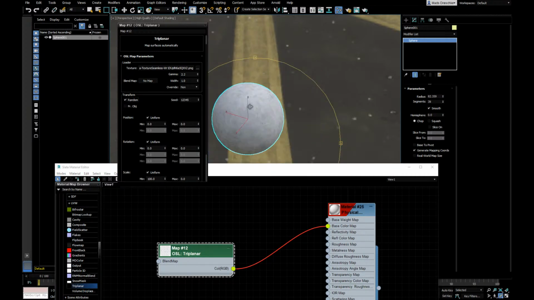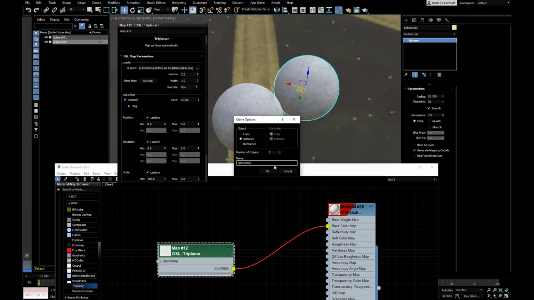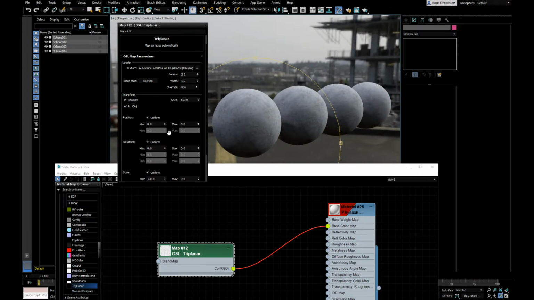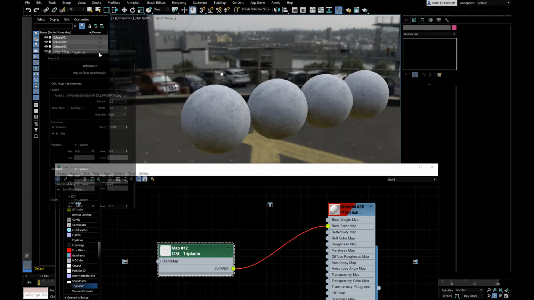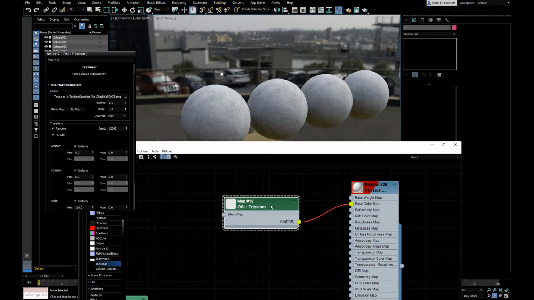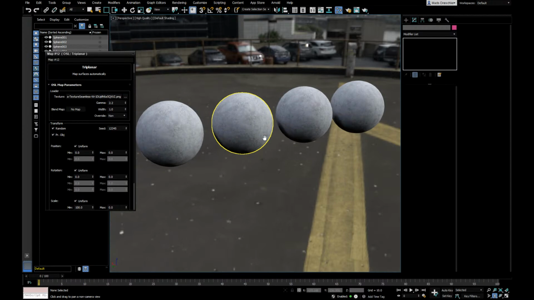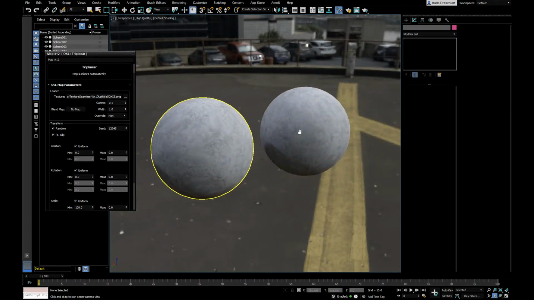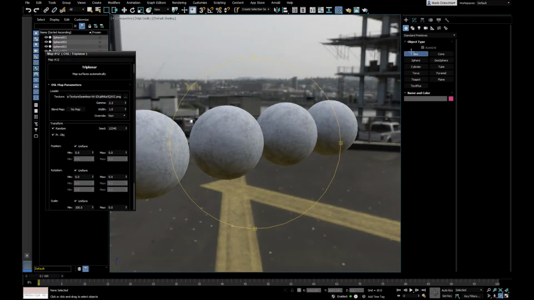And actually this map can also do instances. So if we go like this, it will look different on all these four here. Let me pull this one over here. I don't think we need to touch this one right now. So as you can see here, they all look slightly different. It has a black spot there, missing there. This is different. So you can quickly texture things without having to